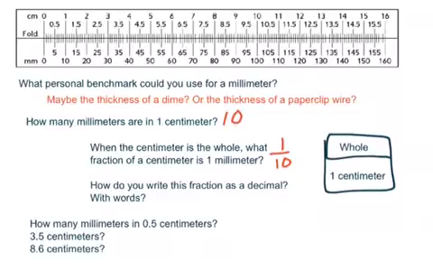And then how could I write that fraction as a decimal? Well, I think we know 1/10 by now. I could put a 0 in front of that if I wanted, right? On this side, I could put a 0 there if I want. Let's try that again. I could put a 0 in front of that if I want to. It doesn't change the value. And then if I was going to write that in words, hopefully you'd say 1